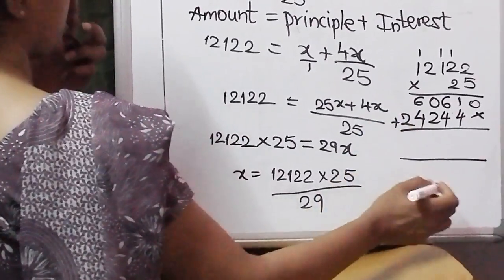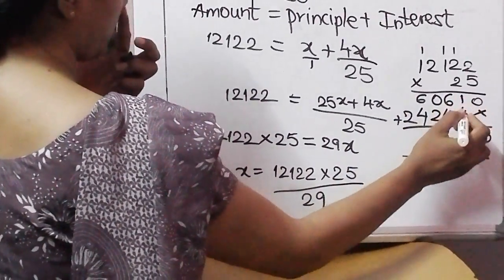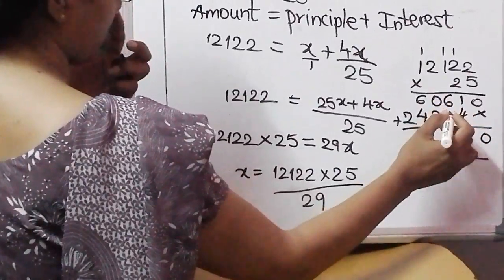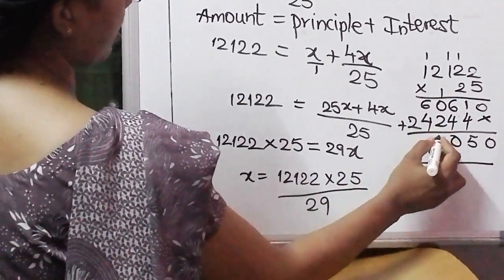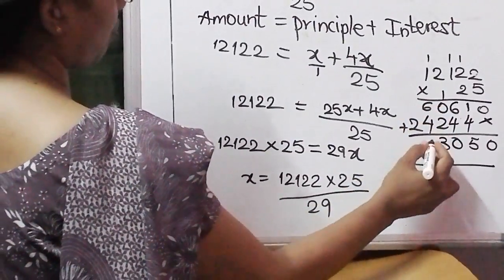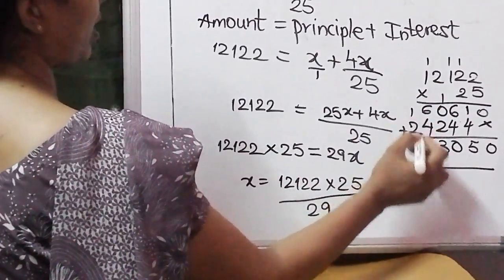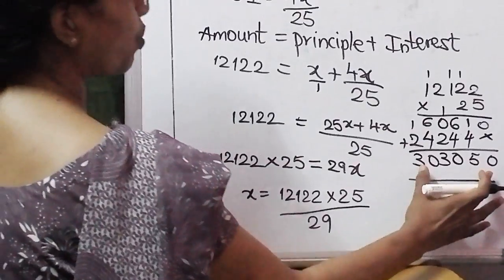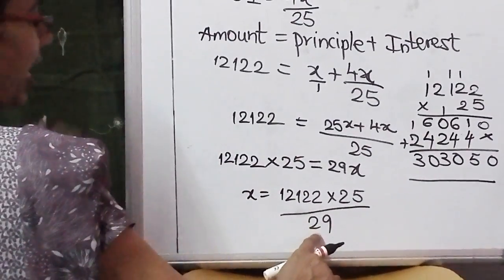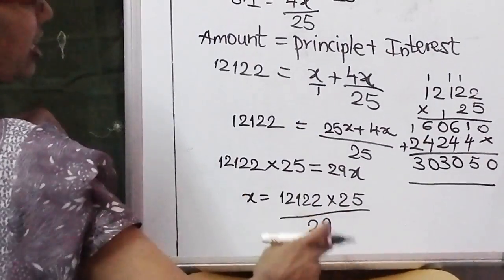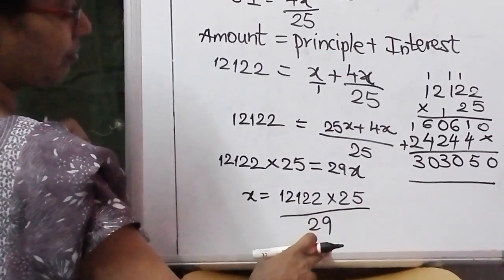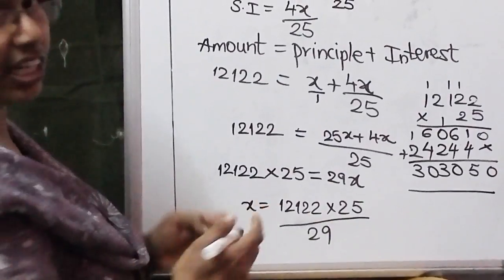Addition. Very good. Let us add. This is 0. This is 5. This is 6 plus 4 is 10. 2 plus 1 is 3. 6 plus 4 is 10. 2 plus 1 is 3. So this you need to divide by 29. Okay. Copy till here in your class workbook. After this we will continue.